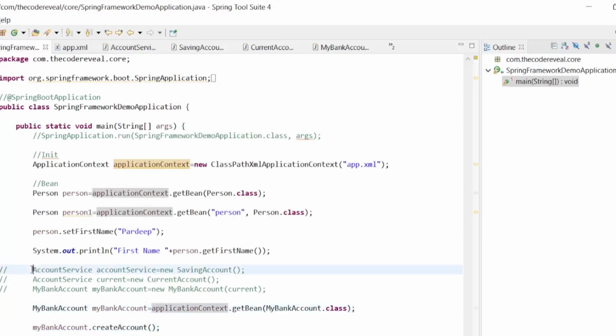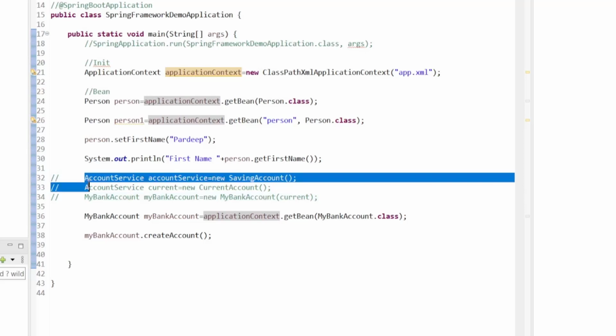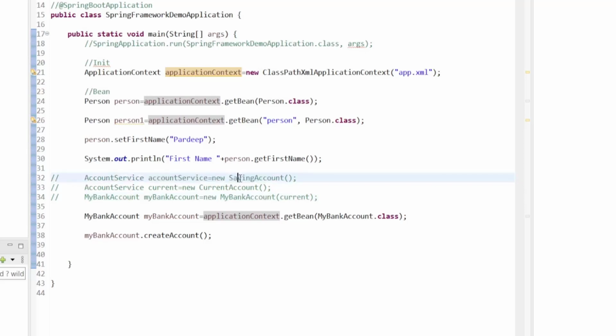In the Java code that we wrote earlier, we were creating the account service of saving or current account, and passing that as a reference to my bank account.